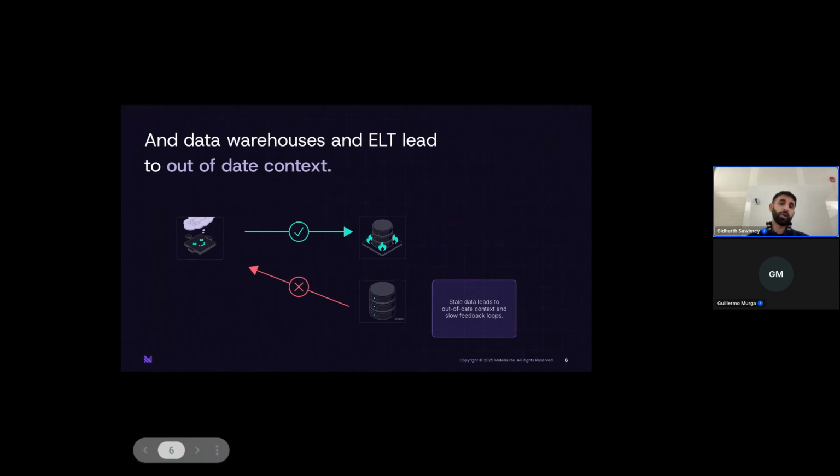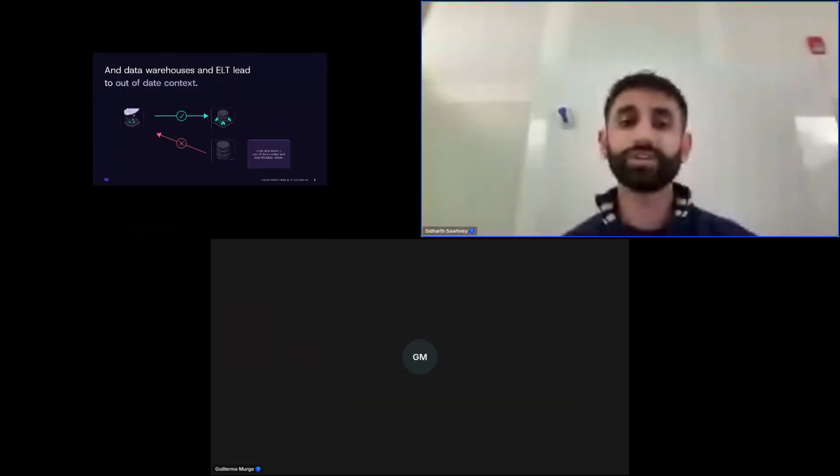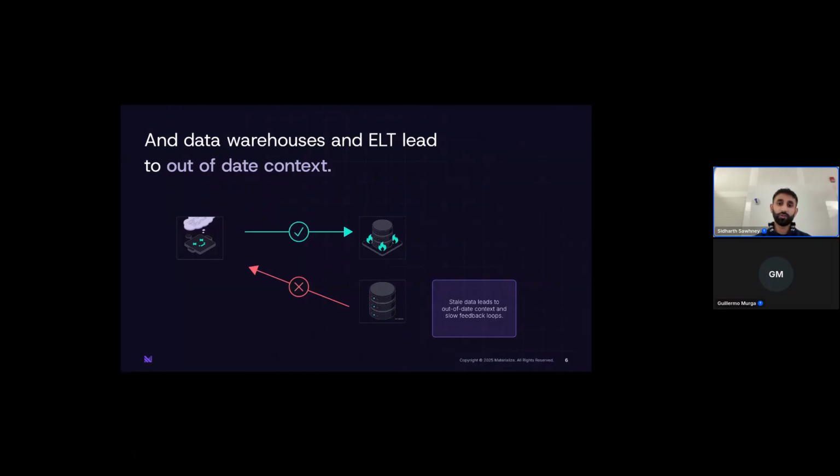Another way to think about this problem is using a data warehouse for this situation. Data warehouses are great at running those complex queries that represent your business logic, but the problem then moves from running a quick query to getting that fresh data into your data warehouse. Because each time someone, for example, purchases an item and we want to reflect that change in our inventory tables, that data needs to first flow into our transactional systems for our inventory tables, but then also go through a pipeline to go through our data warehouse.